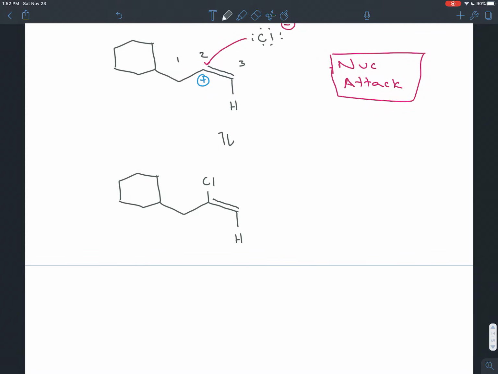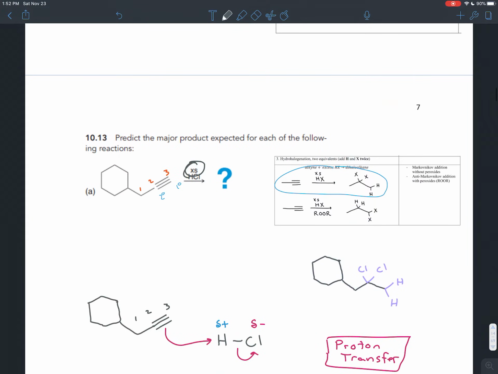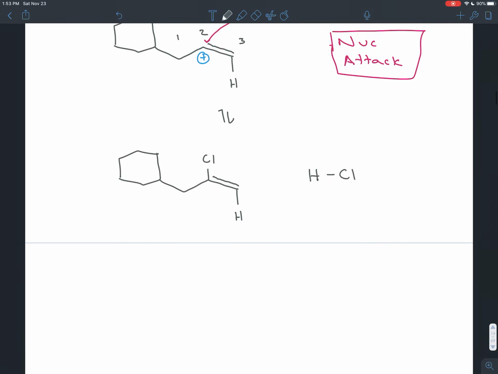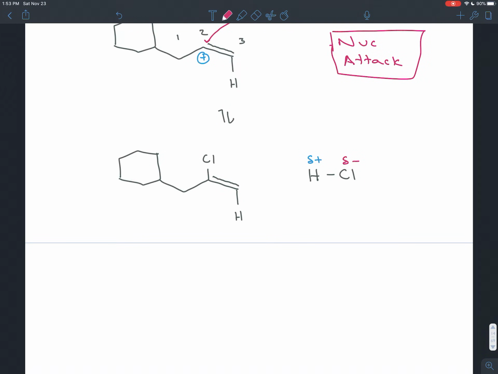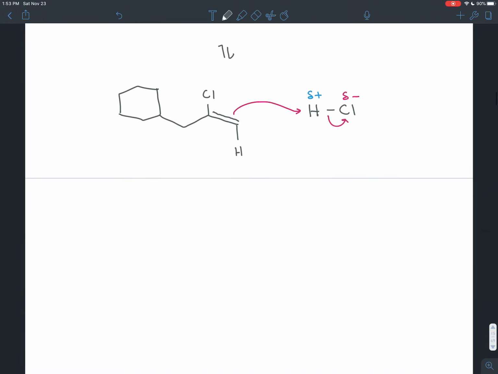But because we do have excess, we have another HCl in the beaker. And this second pi bond can act as another nucleophile and attack the slightly positive hydrogen of another HCl molecule. So this pi bond can attack that hydrogen, kick the chlorine off, and what you end up with there